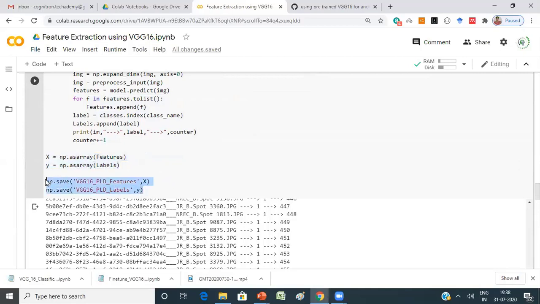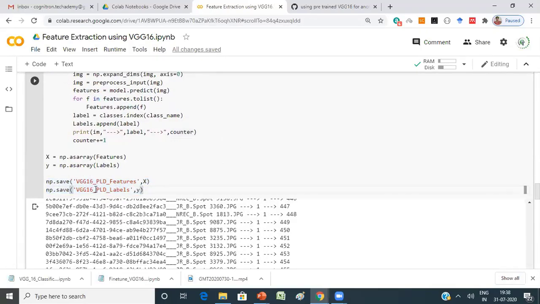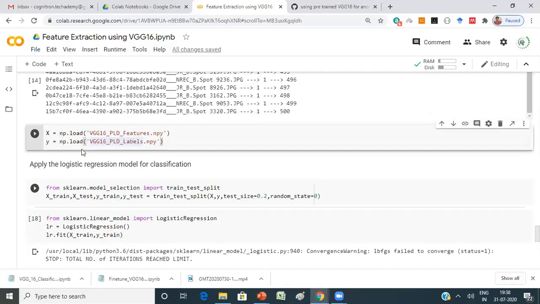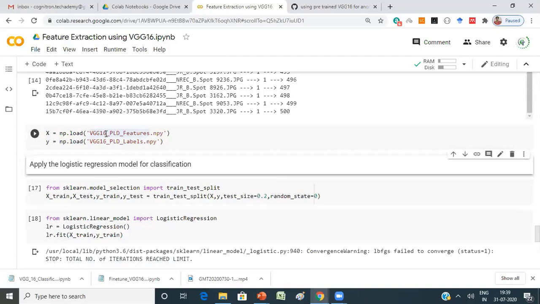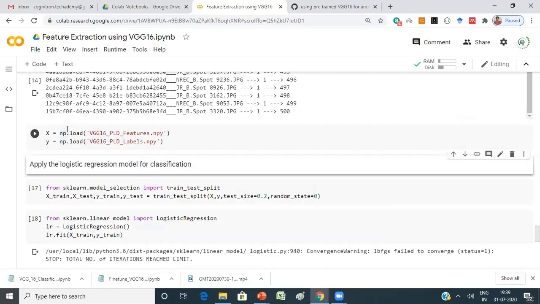And then of course, every time I need not run the feature extraction stage. So that is why you can save the X value and Y value in your drive or in some folder. For that, I just created the code, so you can make use of that, so that later on I can load the values from that. This code helps you to load. Without executing the extraction, you can simply run this by loading your NumPy files. Your plant leaf disease features are available in this NumPy file, and your labels are available in this file, and I'm copying them to X and Y. So now it is done, right?